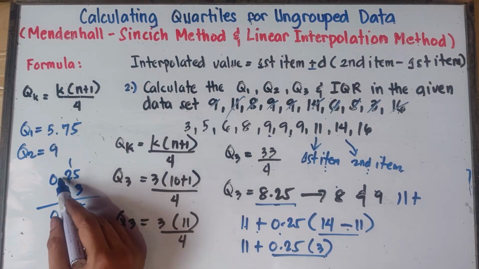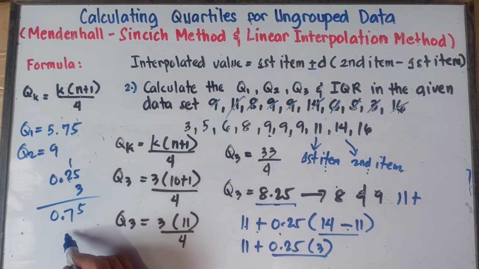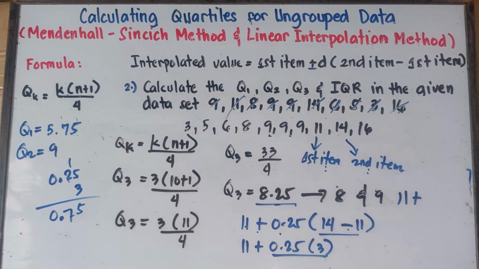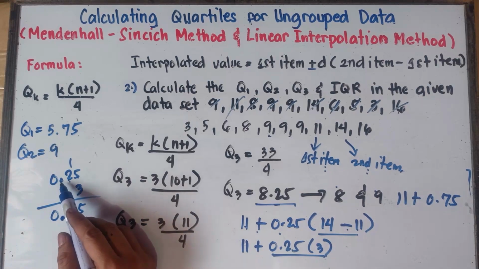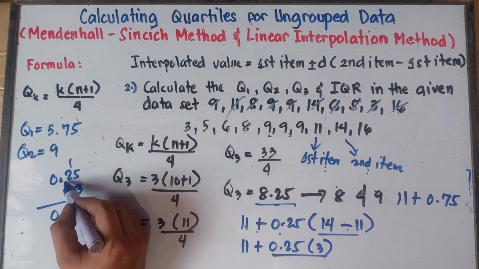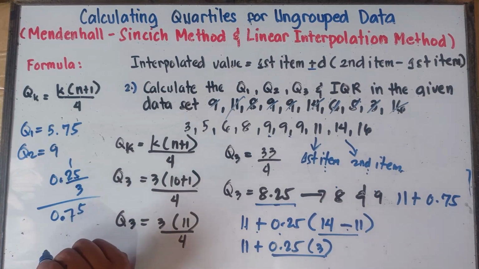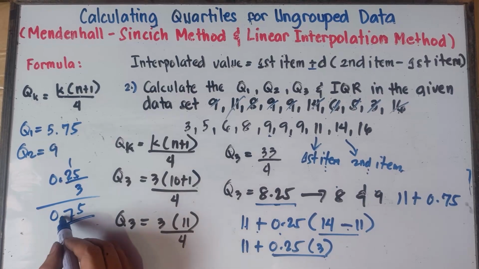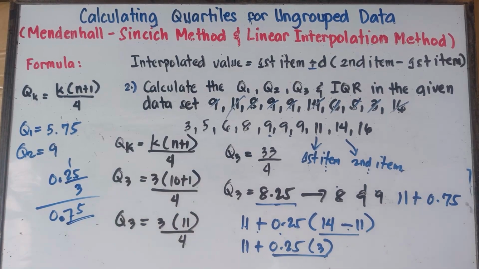So once again, class, we have 2 numbers to the right of the decimal point. So therefore, we need to have 2 numbers to the right of the decimal point. Alright, so therefore, the answer that would be 0.75. Once again, class, I hope you're not confused with regards to multiplication of decimals. You count how many numbers to the right of the decimal point. So therefore, 0.25 times 3, that will be 0.75.